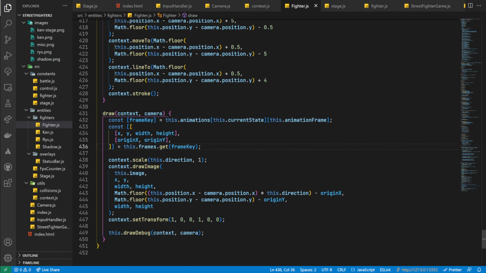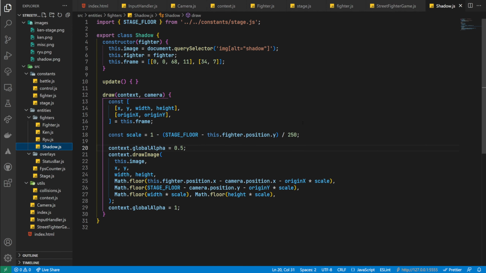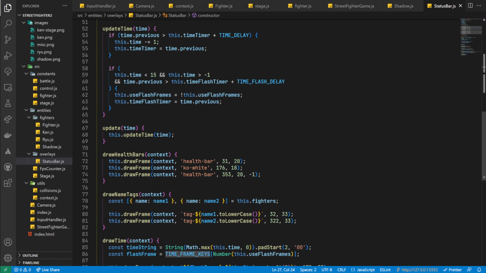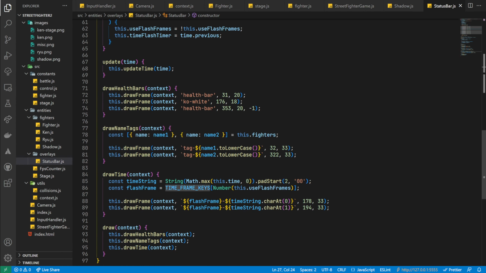We can't use this new function for either the shadow or the fighter entity just yet however, due to the extra features they need, but we'll look to cater for those in a later video when we talk about more advanced refactoring. The next refactor will be for the name we're drawing within the status bar class. As the names don't change once the battle has started, we'll move this logic into the constructor for a little